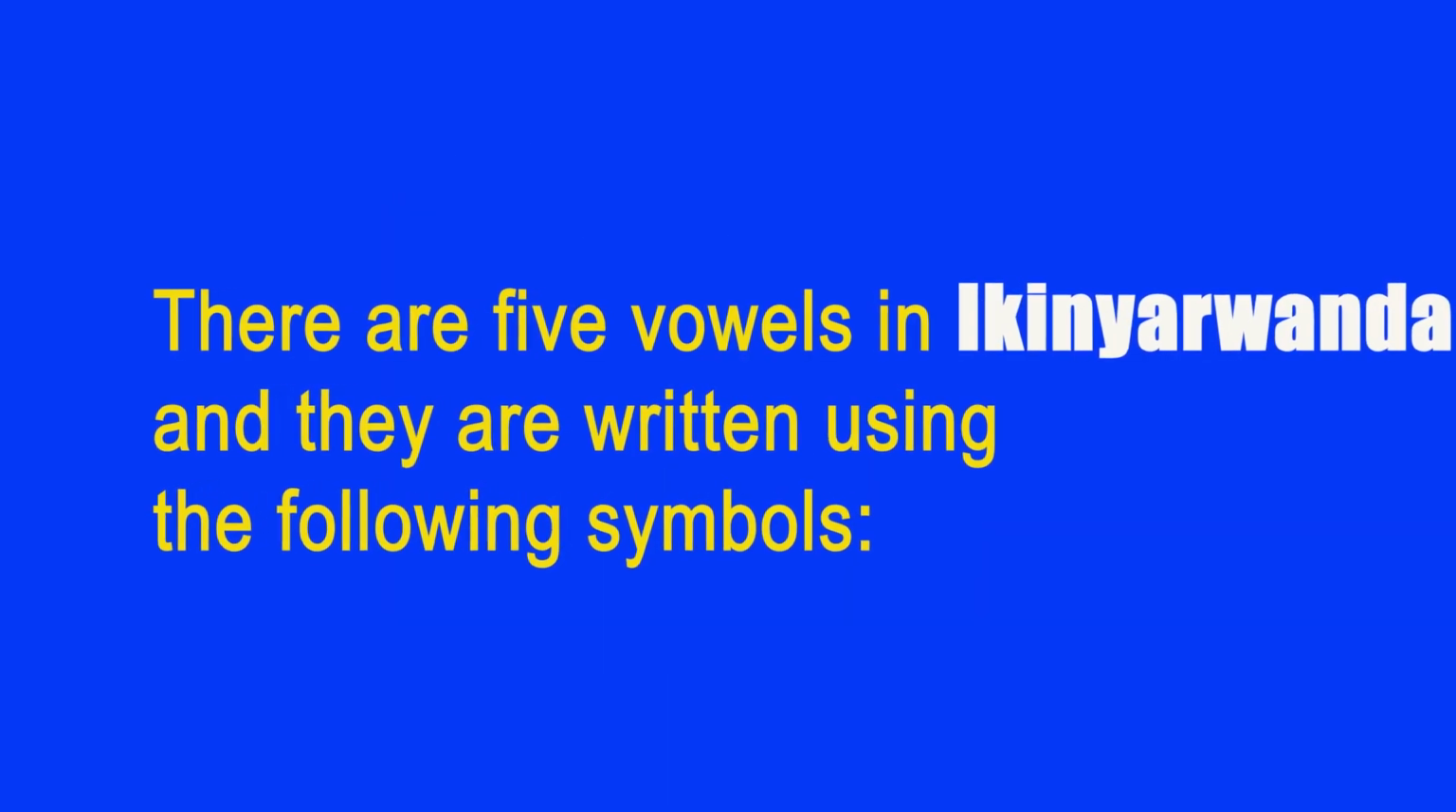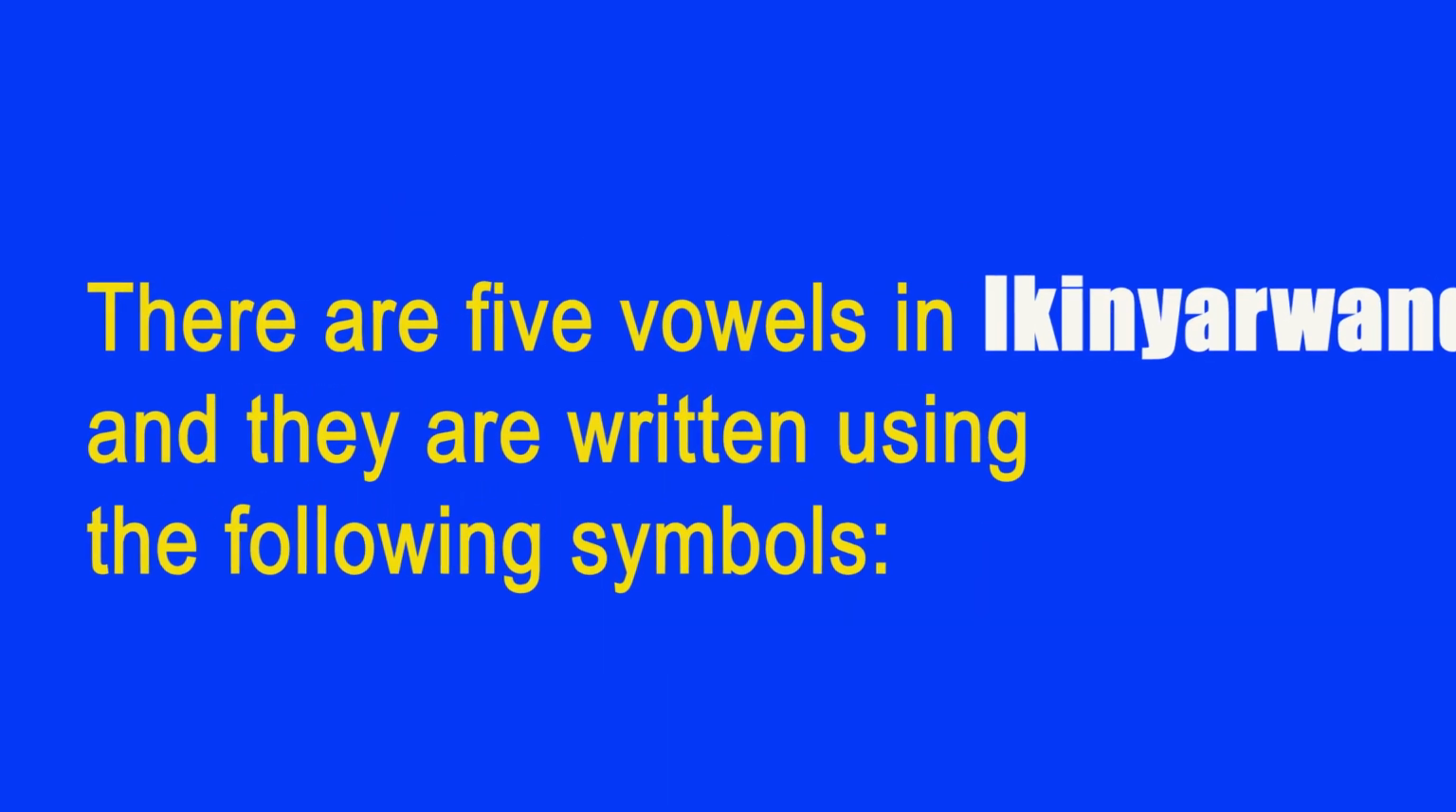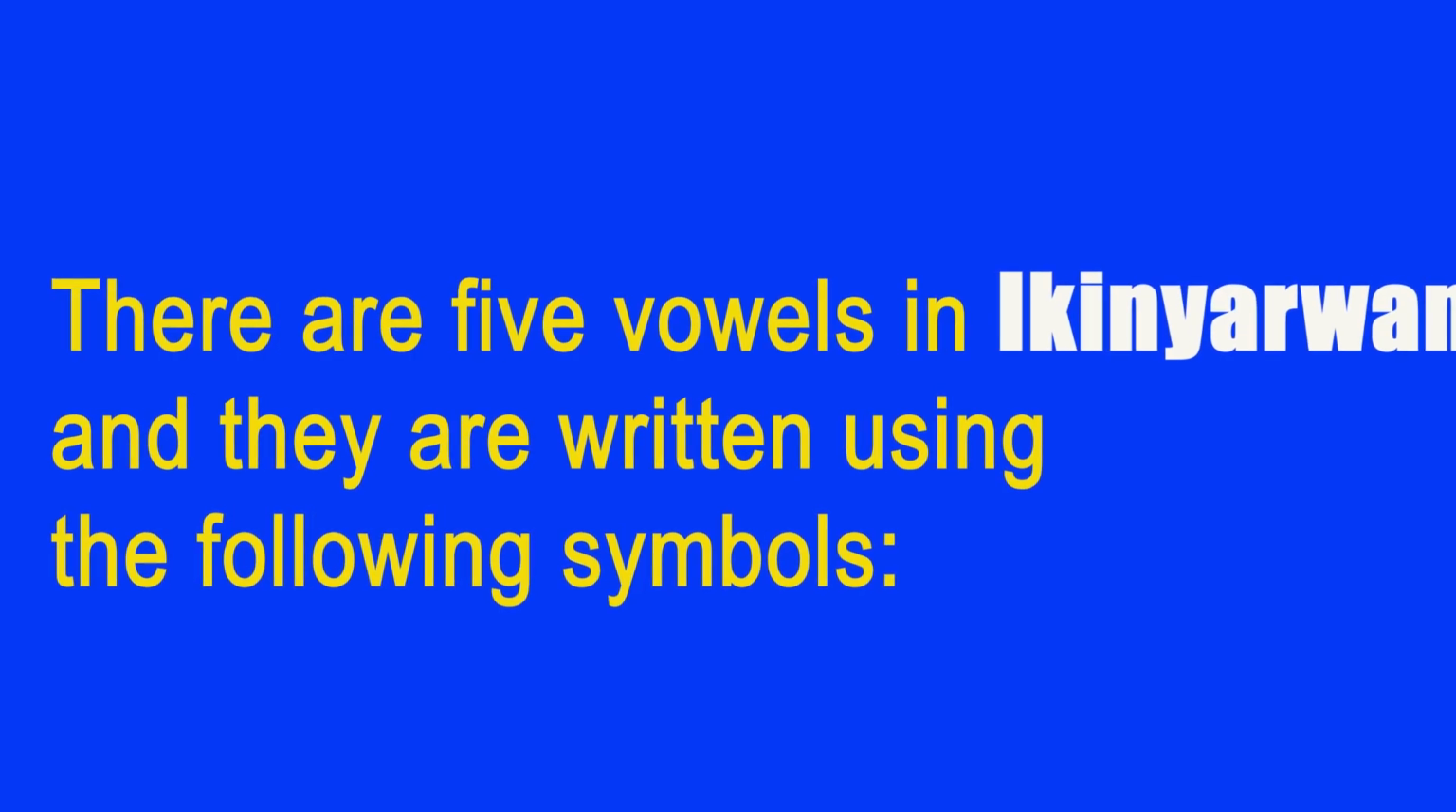There are 5 vowels in Ikinyarwanda, and they are written using the following symbols: A, E, I, O, U. When written as capital letters, they are written like this: